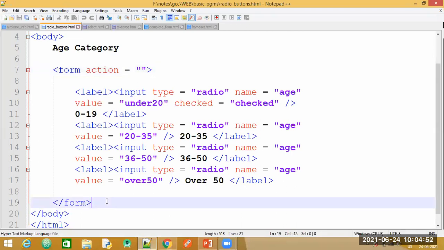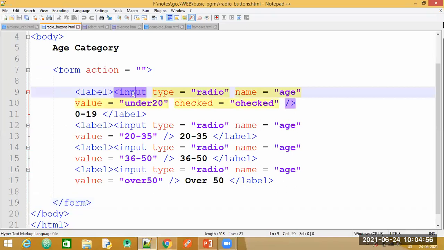This is my form. Inside the form, the way I have written it now, the input tag and the label tag are different from yesterday's example. There, we first wrote the label tag and after that we had the input tag. Now, what I have done is, inside my label, I have nested my input tag. So my input tag ends here.